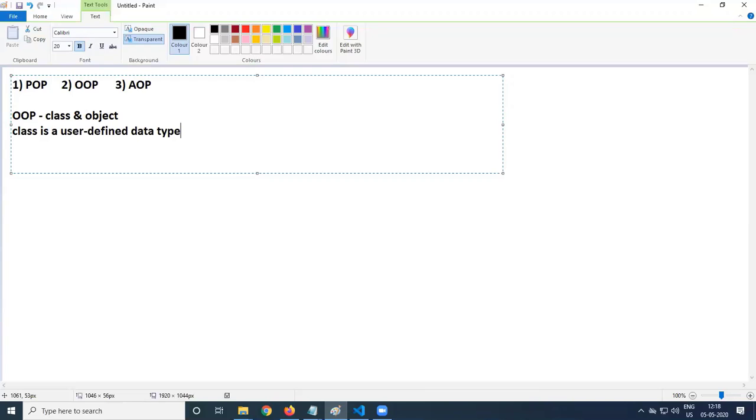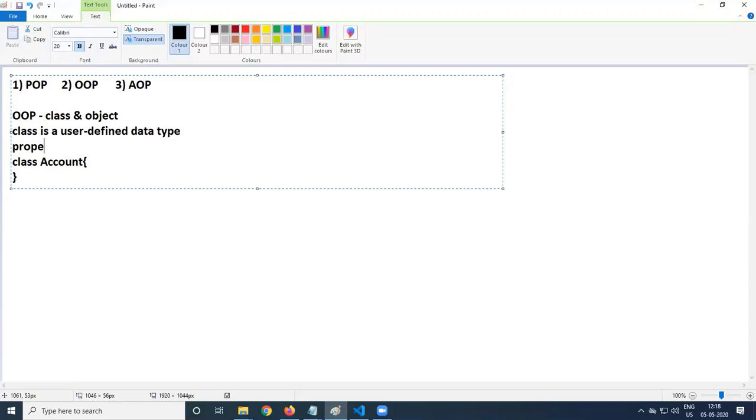So class is a user-defined data type, our own data type, and every class is created using the keyword class followed by the class name. For example, class Account. A class contains properties and methods.